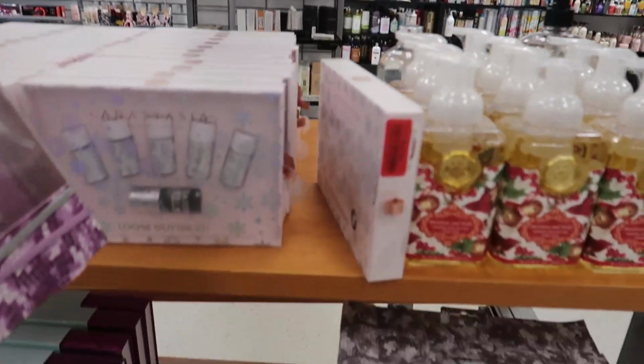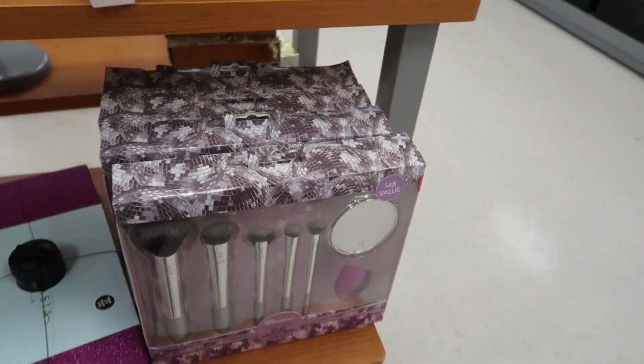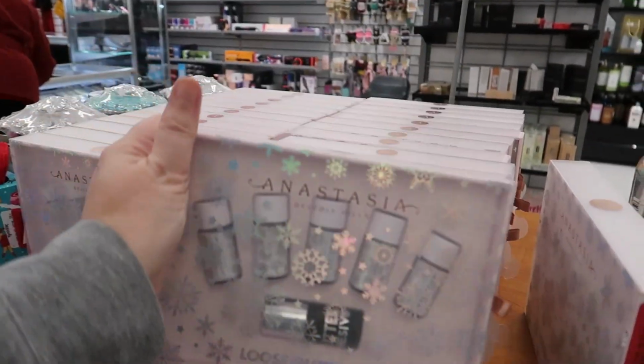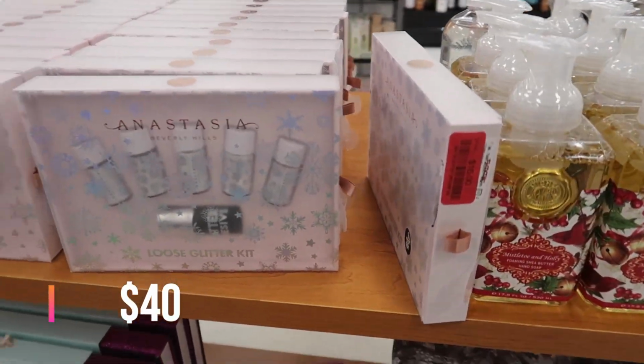And then down here, we have several more of these in case you're looking for them. Yeah, check the gift tables for sure. And over here we do have the Anastasia glitter kits, and this is 16. I think it might have been 20 beforehand. So yeah, these